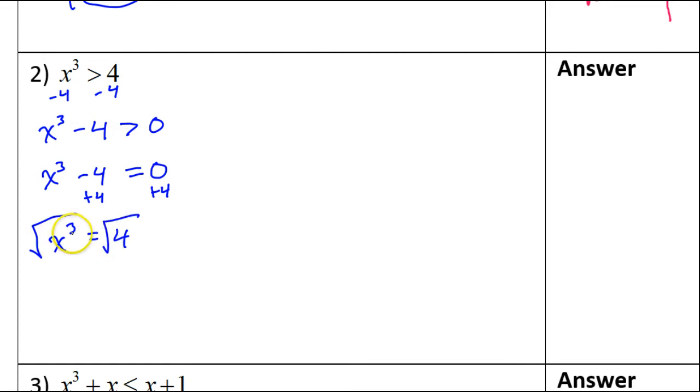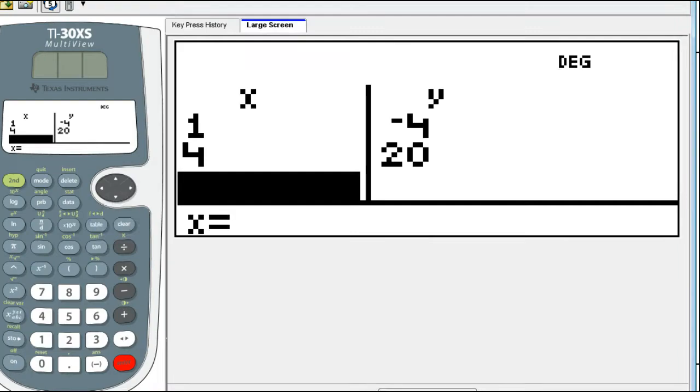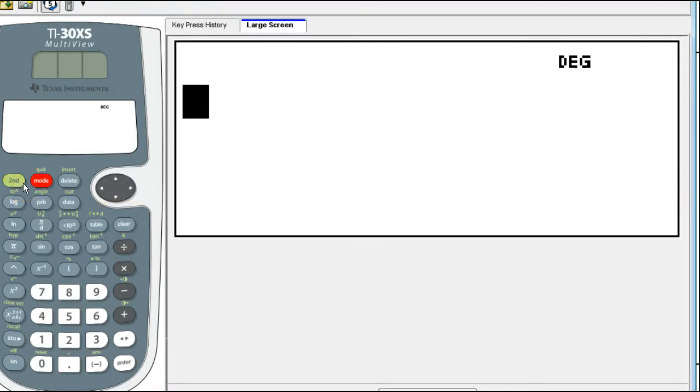If I want to uncube something, you do the cube root, like this. So this will leave me with just x. So the question is, how do I do the cube root of 4? Well, I am going to use my TI-30XS MultiView. Get to a blank screen. If you want to do the cube root,